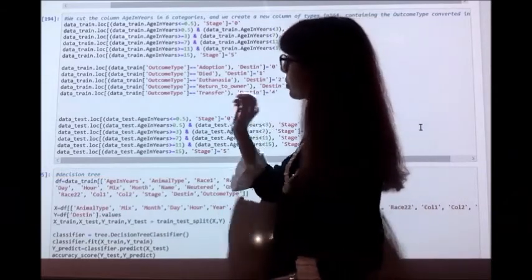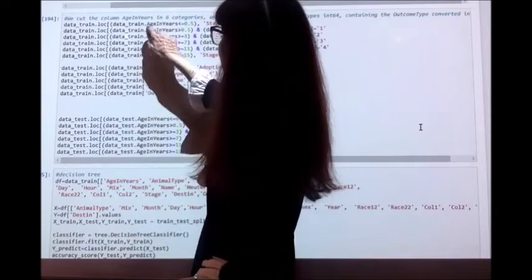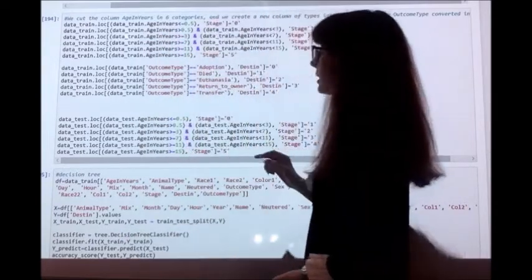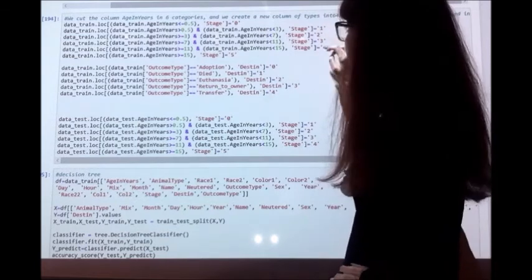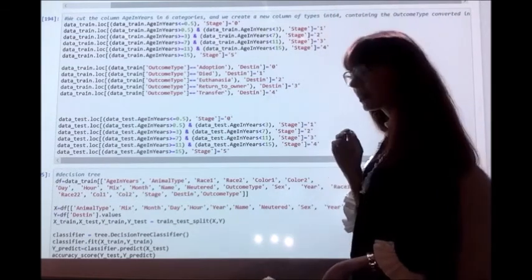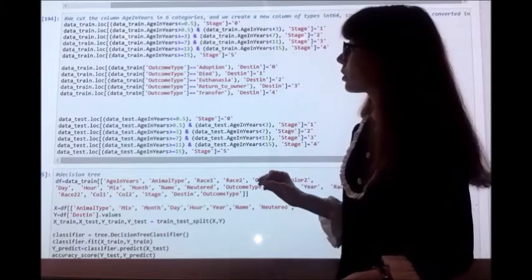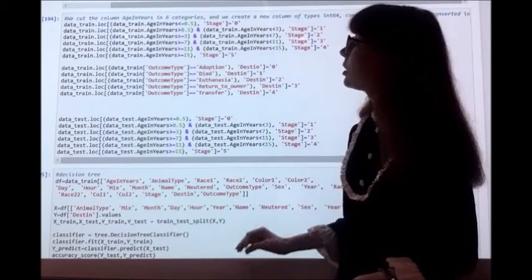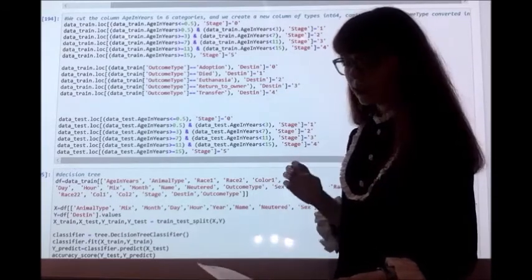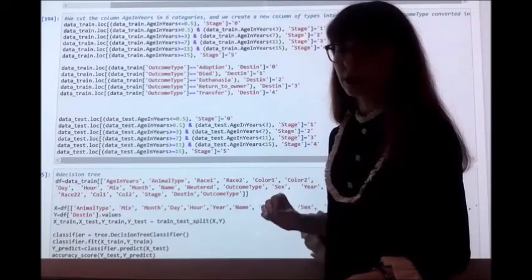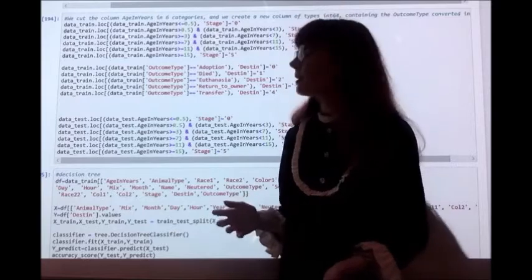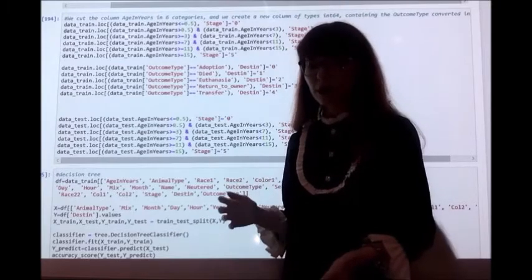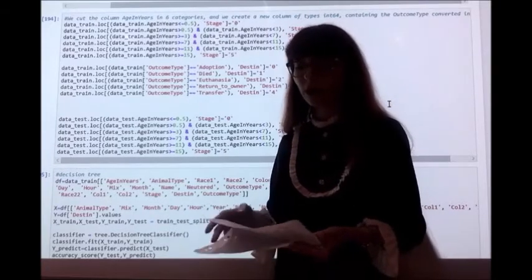So we are going to put the continuous variable age in years into 6 different groups, and each group is going to be associated with an integer. So it's going to make it easier for the learning method to see the pattern in age in years. And it's very important because we have seen previously that the variable age in years plays a big role in the outcome.